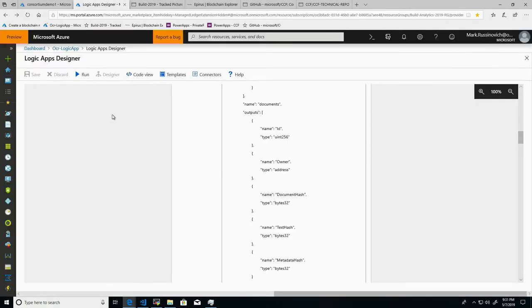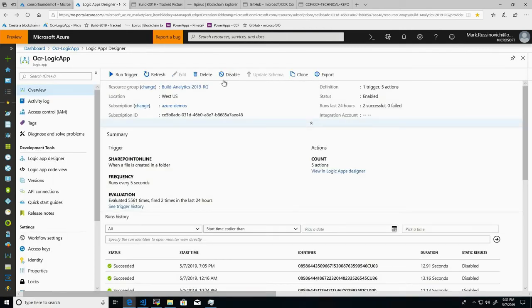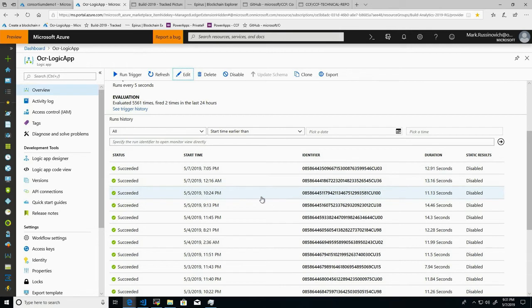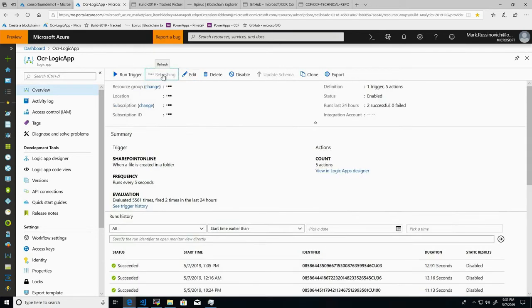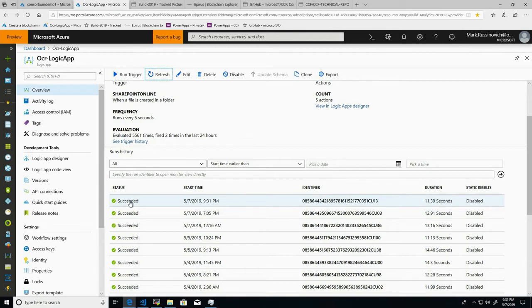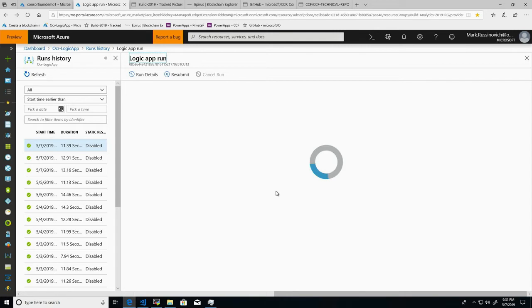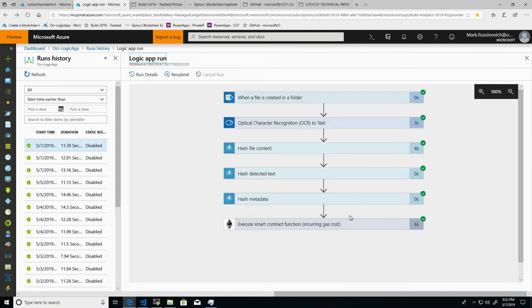If we go back to the logic app designer, and we go to look at its executions, what's going to show up here in a minute or two. Let me do a refresh here. And that's it right there. It's already finished. So that logic app's workflow has already finished seeing that document, calling the smart contract function. And so let's go take a look at that. And here's the smart contract call right there, which passes in the various